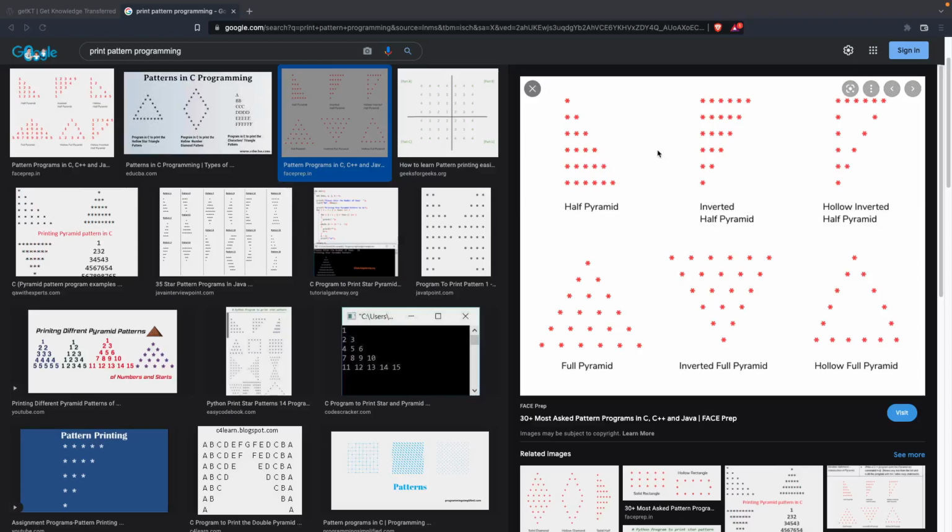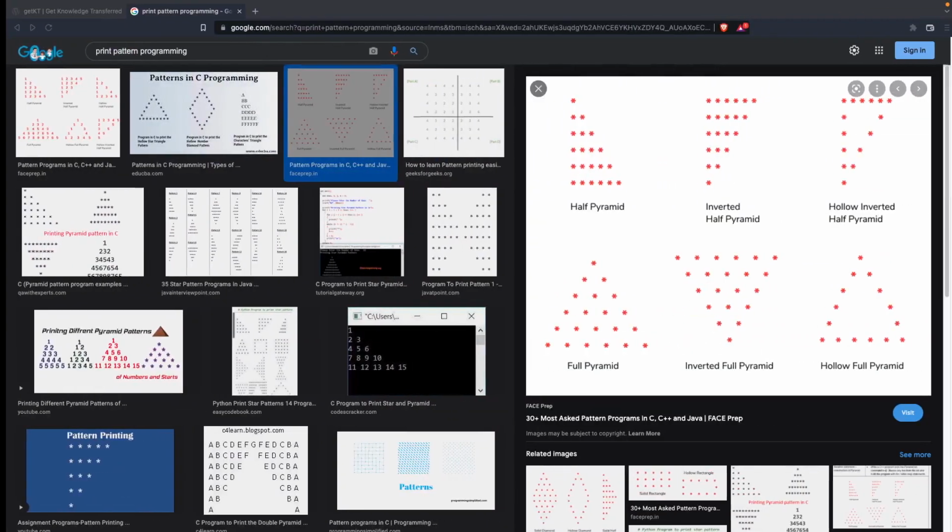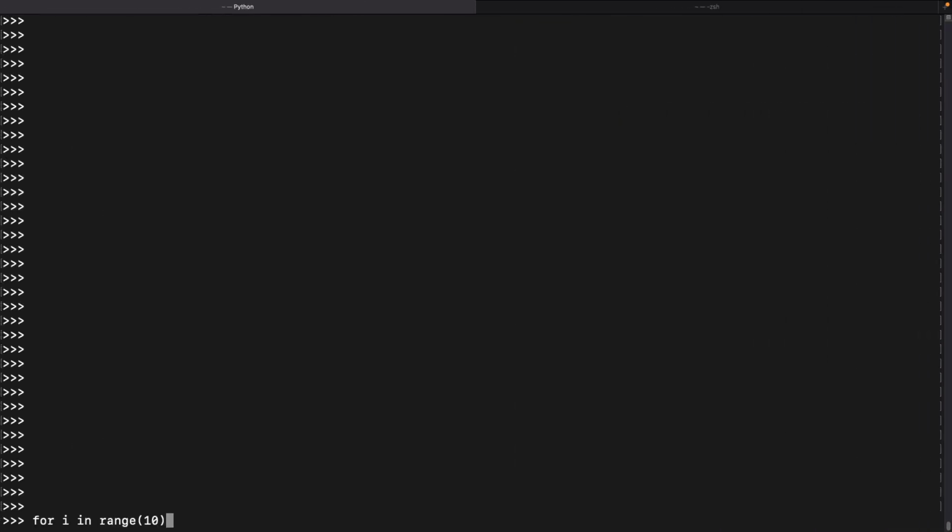Let's learn how to print these patterns using string formatting in Python. Let's see how to print this half pyramid in Python. Very simple. For i in range of big 10 and print,